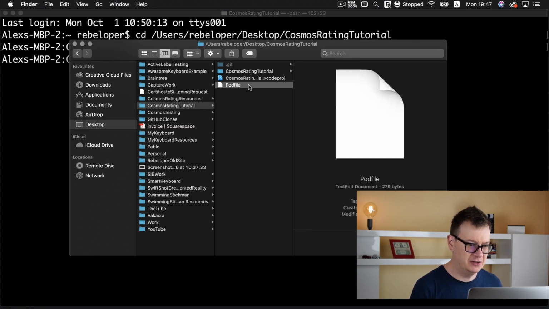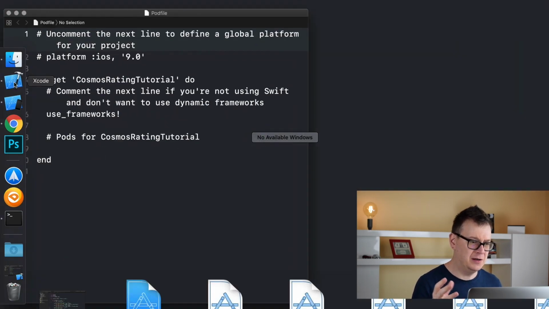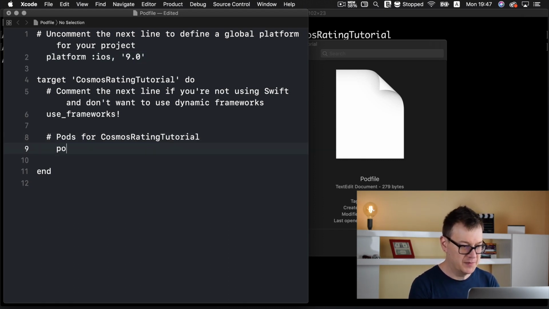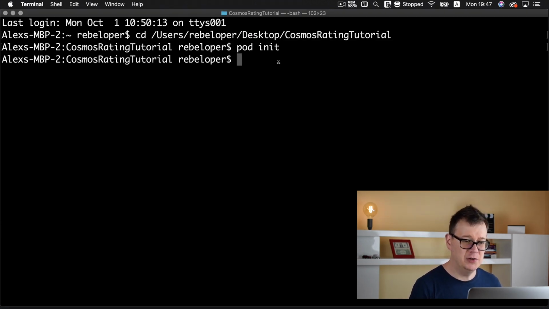Next up, I will just drag and drop our Podfile into the icon of Xcode and edit this file. So I will first of all let the platform be iOS 9, and next up I will add two pods. Pod number 1 is Cosmos, and pod number 2 is TinyConstraints. Now we should close this, it is automatically saved, and now to install the pods we will simply type in